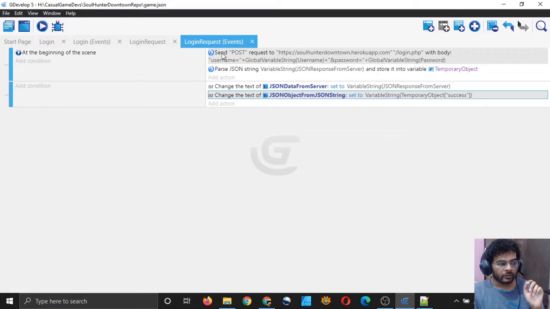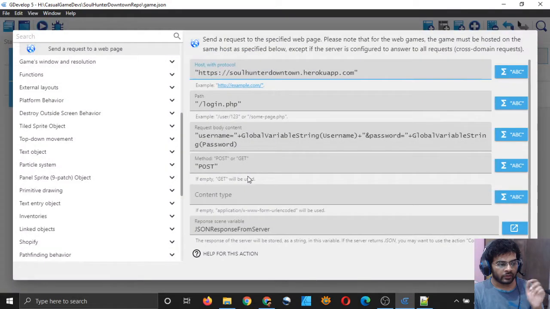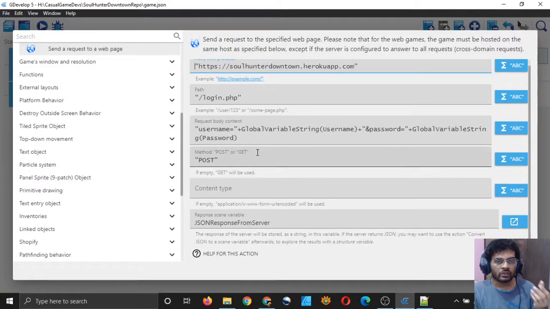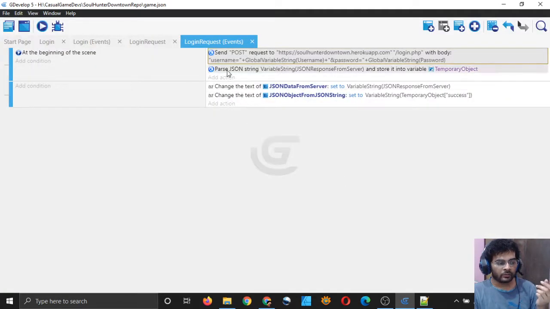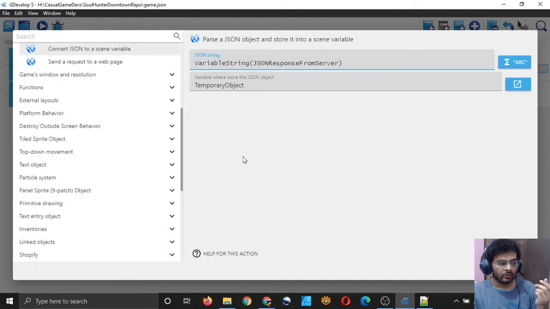So the correct way is first of all to send a request and store the JSON string in a scene variable, and after this you type this command where you parse a JSON object and store it into a scene variable, and I have stored it into the temporary object variable, right? I have taken the JSON string which I received from the server, and then I put the name of a scene variable where I will store the objects of that scene.